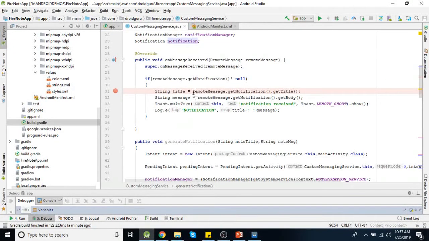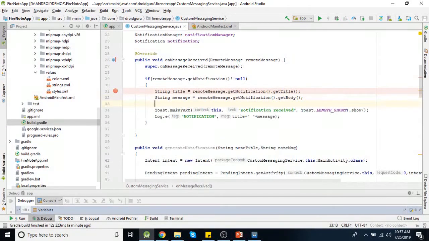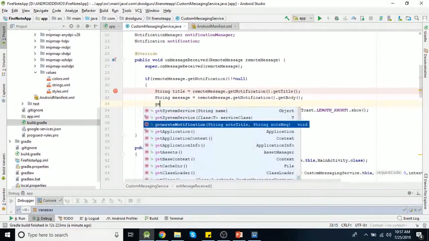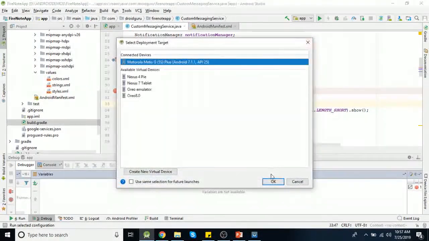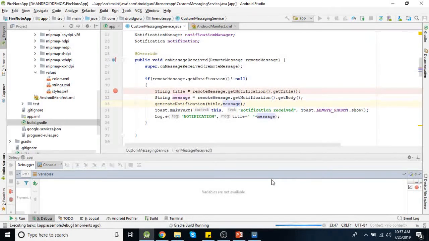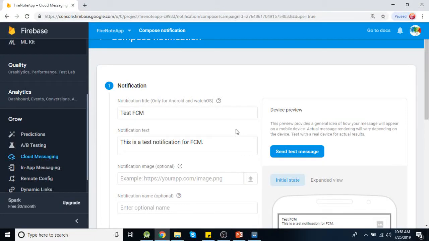Now whenever you retrieve these parameters from this notification, you need to call this method generate notification with title and message. So now we can test this. We'll configure one next different notification. Okay.